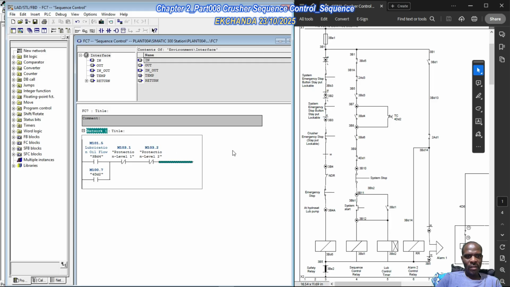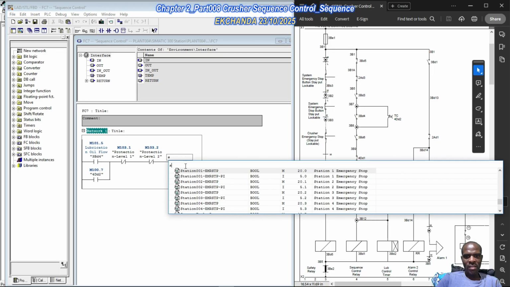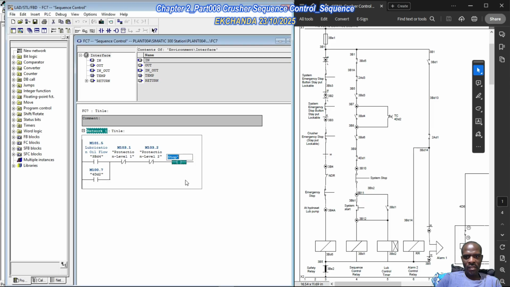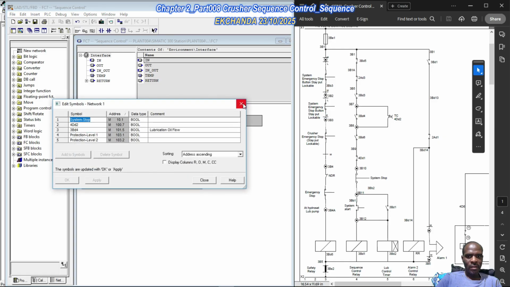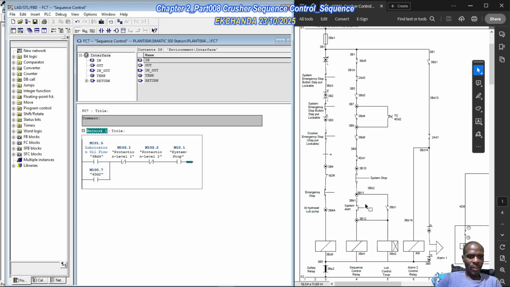So now the only thing we need to pay attention to is the system stop. Externally, it's wired through a normally closed contact. So what we're going to do is wire it internally as normally open, and this is going to be system stop, which takes care of this. And thereafter we're going to have